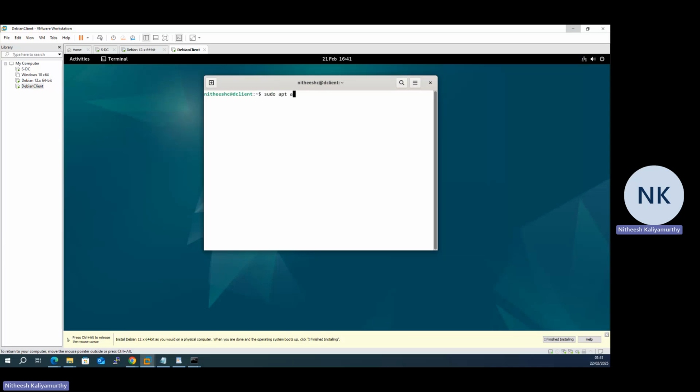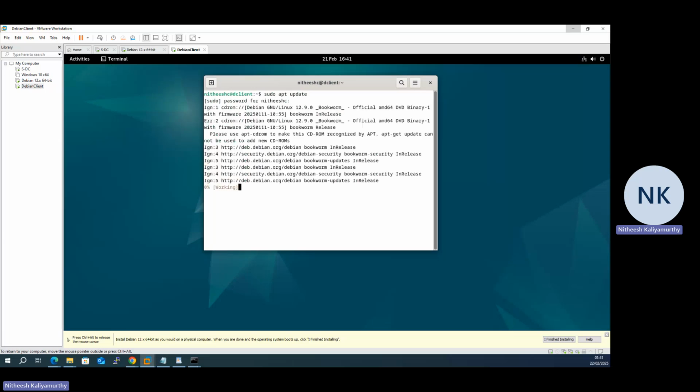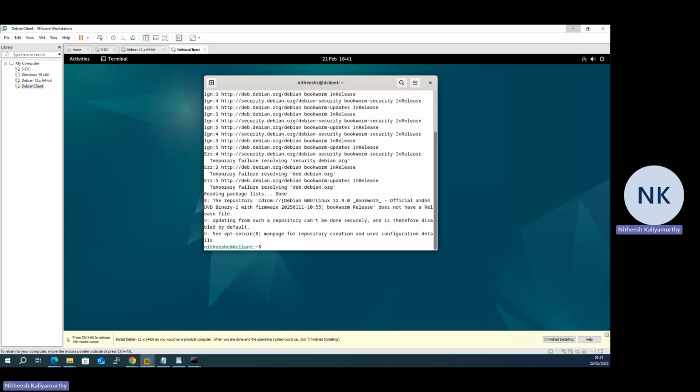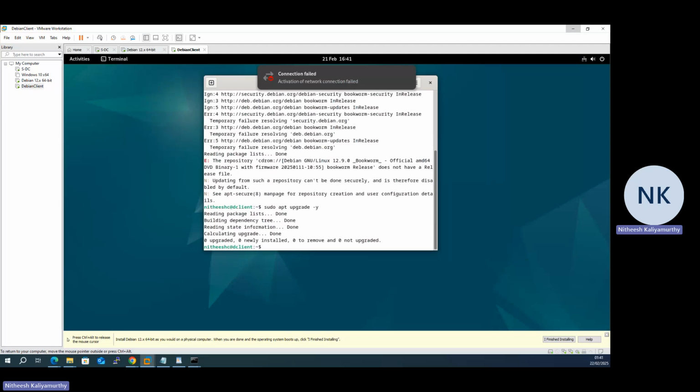Sudo apt update. Sudo apt upgrade. So everything is fine. Now let's go into our interfaces,